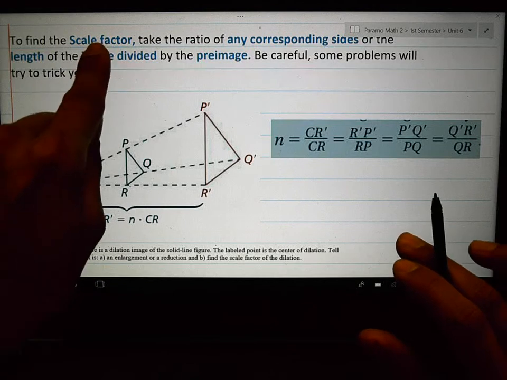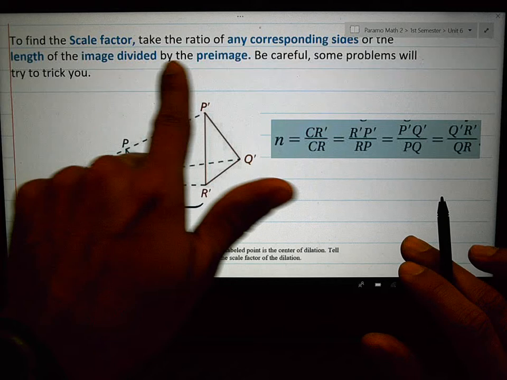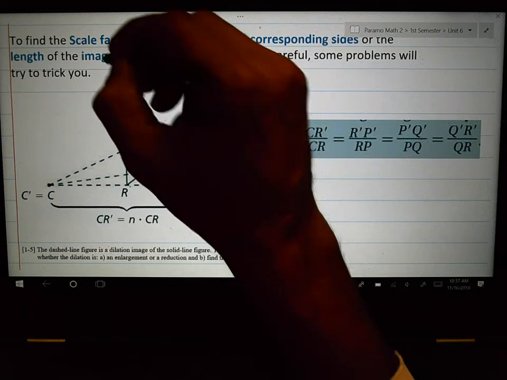So if I ask you to find the scale factor, basically, it's image divided by pre-image. If you remember image,